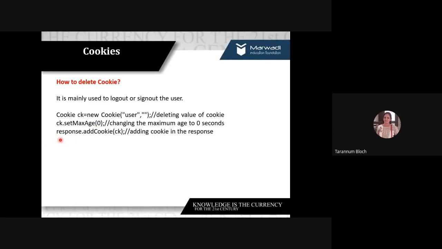And finally, we are writing response.addCookie. This empty cookie with 0 lifetime and null value in the cookie variable, we are sending back to the client, because we have set the cookie inside the client's machine. That's why when you are deleting it, you have to set the value to null, as well as set the maximum age to 0.